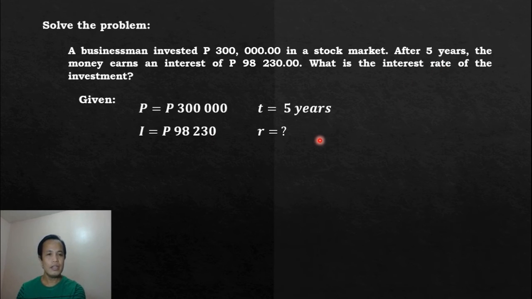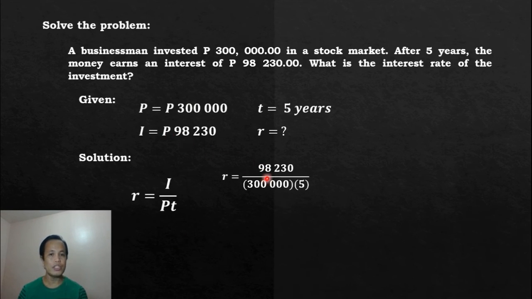Now, since interest rate is unknown, we'll just simply use the formula, which is R equals I over PT. So we substitute the given to the formula: the I is 98,230, the principal is 300,000, and the time is 5. This time, we multiply 300,000 to 5, that would give us 1,500,000. When we divide 98,230 by 1,500,000, that will give us